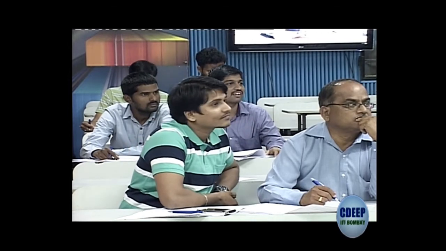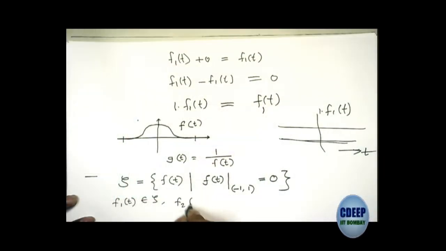Very simple. What do you need to check for an ideal? For some set to be an ideal, what do you have to check? Yes, Rajnikant?